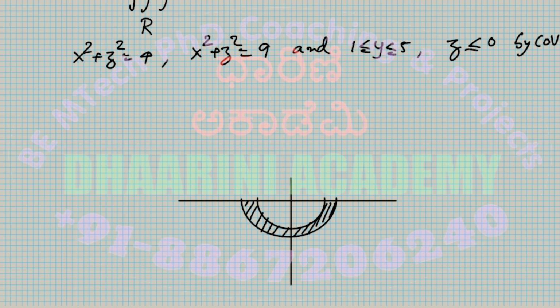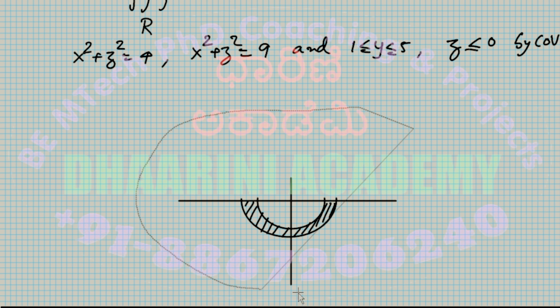So, which means you see there is a variation given for y, right? Y varies from 1 to 5. So that means along the y-axis, you have to move how much? 4 units. Because assuming this is 5, it has to start at